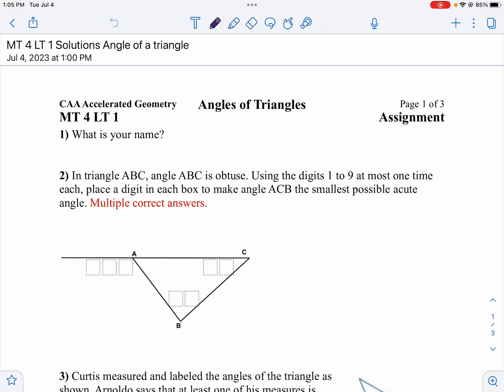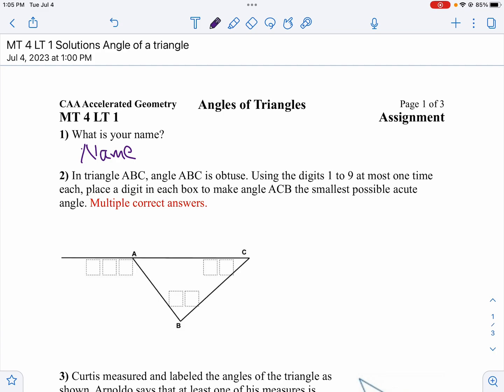Let's review your LT1 assignment from MT4. The first one, don't forget your name. Number 2, I said there were multiple correct answers, but multiple might be